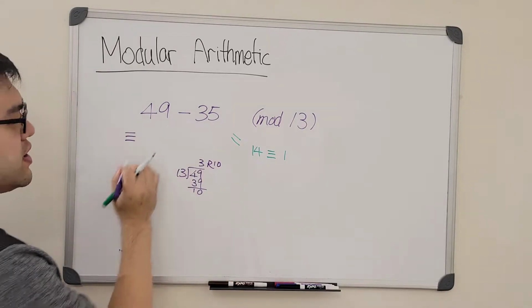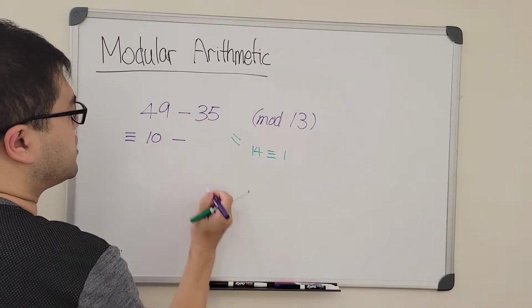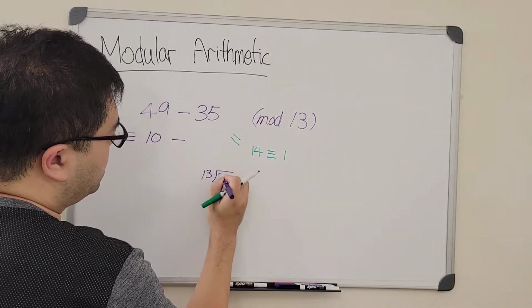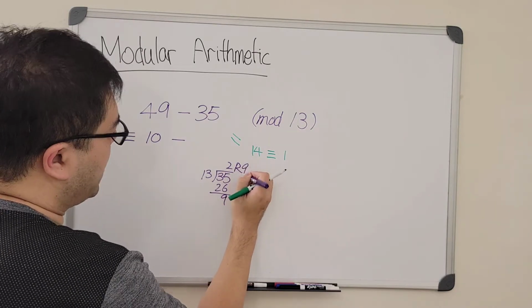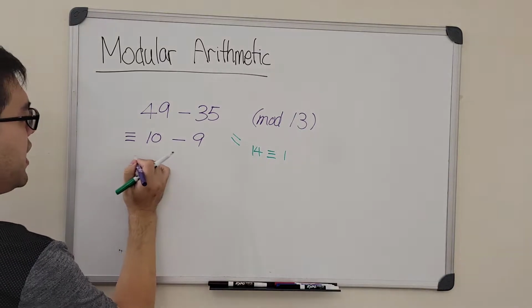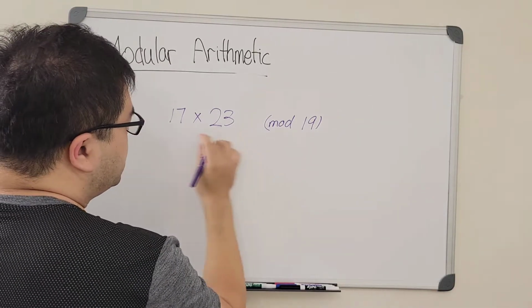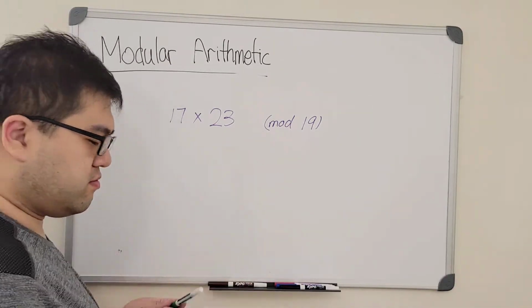So we can reduce 49 into 10. Similarly, 35, we can reduce it into 2 remainder 9. So if we subtract these two numbers, we will be able to get the same remainder, 1. That checks our answer. Okay, then of course we can just take the products first, like how we usually do it,